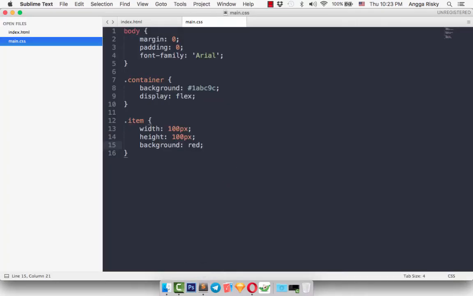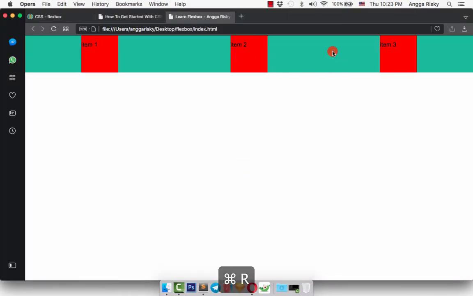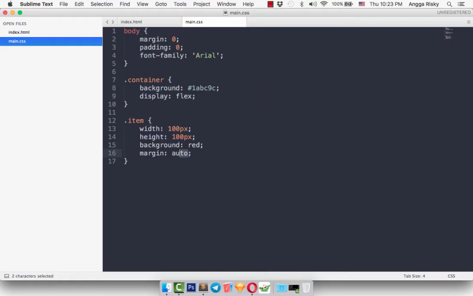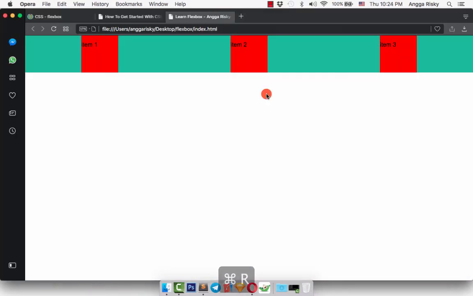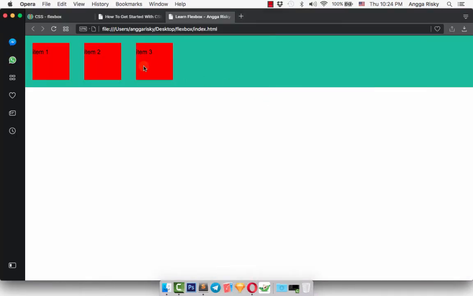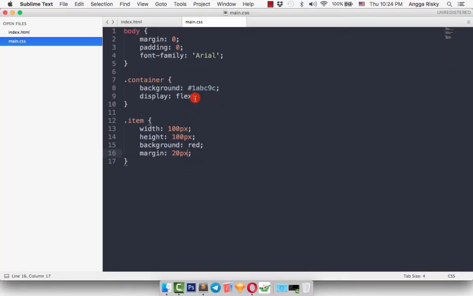That's why we need to set our margin. You can use auto like this, it's going to divide with the center, or you can use maybe 20 pixel and it's going to be like this. I prefer 20 pixel. Okay, so